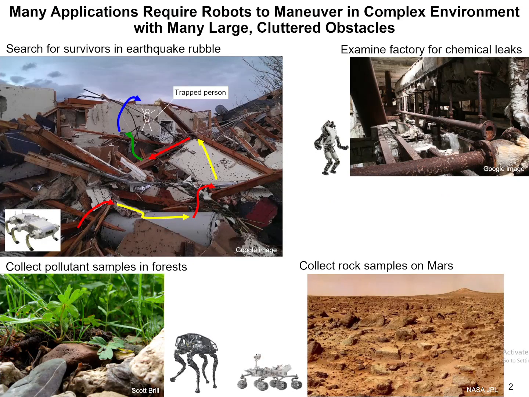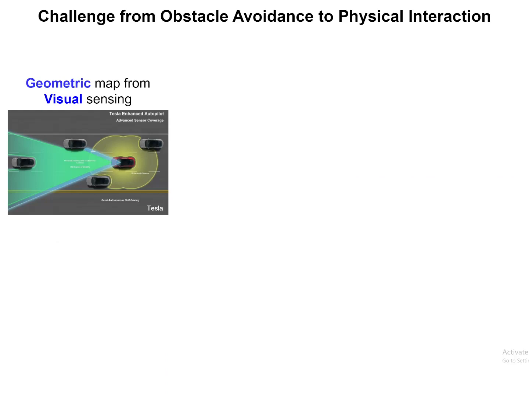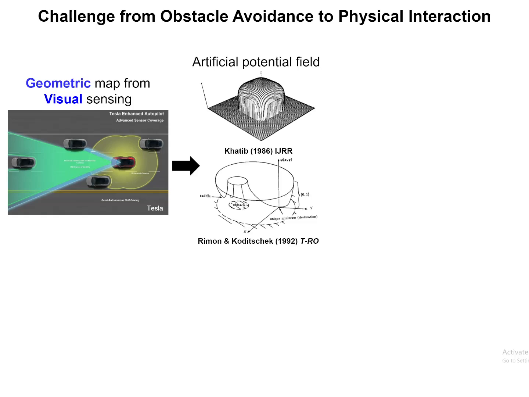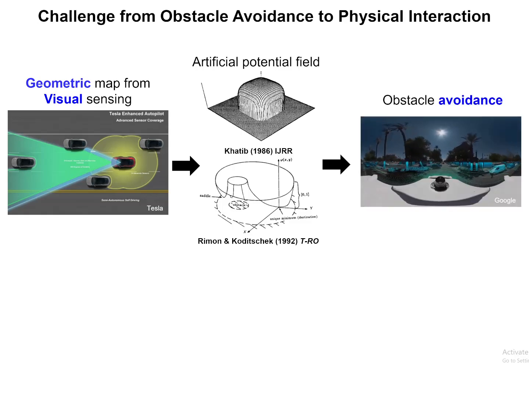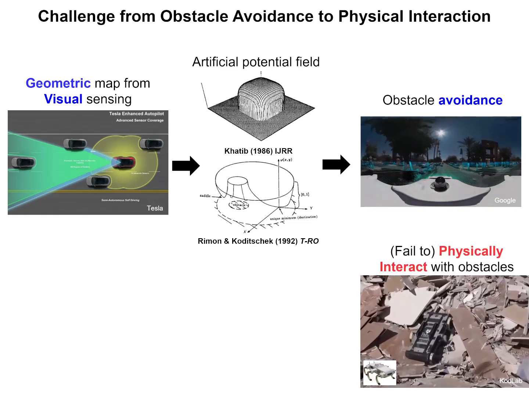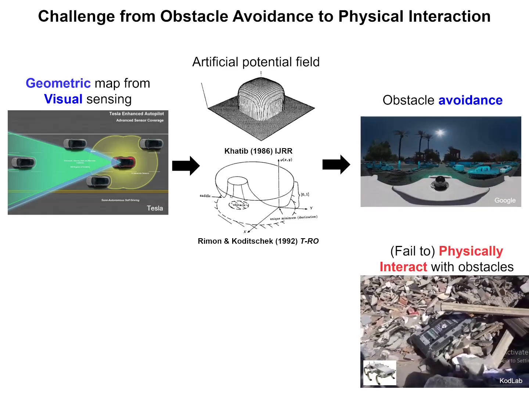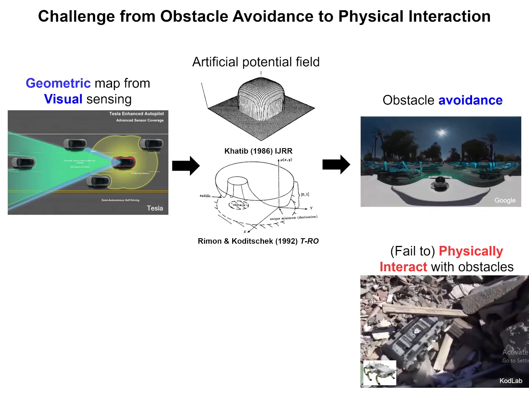Many applications require the robot to maneuver in complex environments with many large cluttered obstacles. Now the dominant approach for a robot moving in a complex environment is to first visually scan the environment and create a geometric map. Then the robot applies an artificial potential field to the map and plans a path to avoid obstacles. However, when it has to physically interact with the obstacles, even the most advanced legged robots fail to do so,